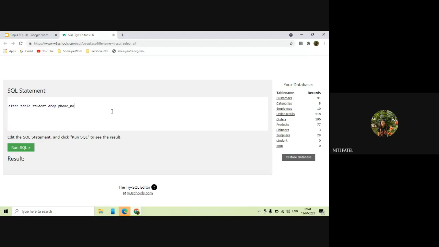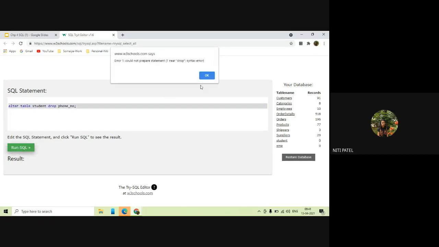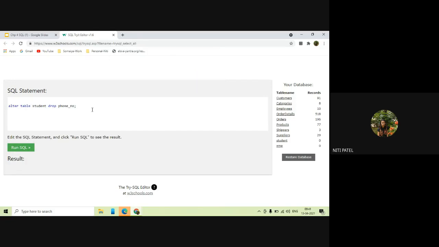Yes, but even without the data type it was giving an error, therefore I specified the data type. Okay, wait. Alter table. Ma'am, try drop column. Alter column, no, like this: drop column. Alter table student drop column phone number.